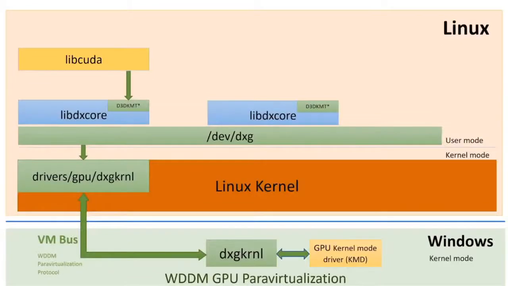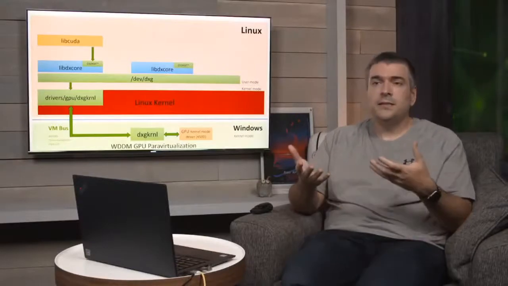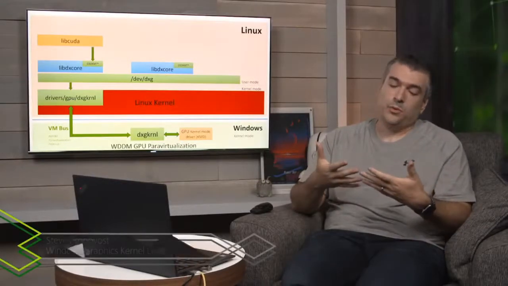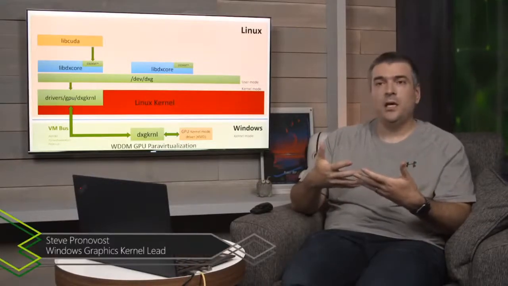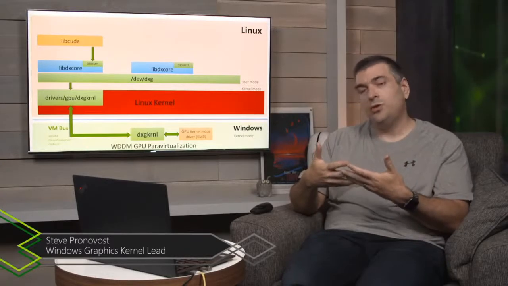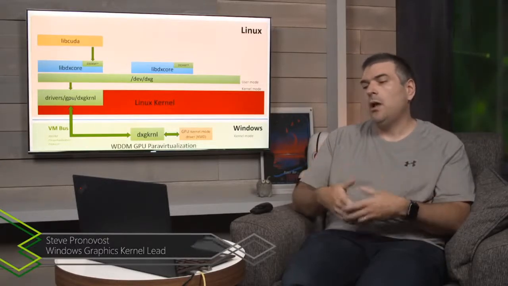You can think about that HAL as being divided into two portions. There's a portion where libcuda has to deal with the differences between, say, allocating memory on Windows versus allocating memory inside of Linux. And there's another portion that deals with how you talk to the GPU itself. And in this case, what we worked with NVIDIA on is to ask, can you recompile your CUDA driver using your HAL to talk to Linux